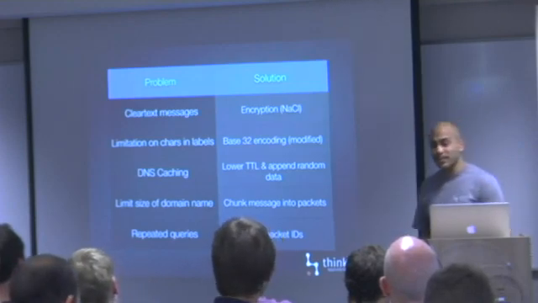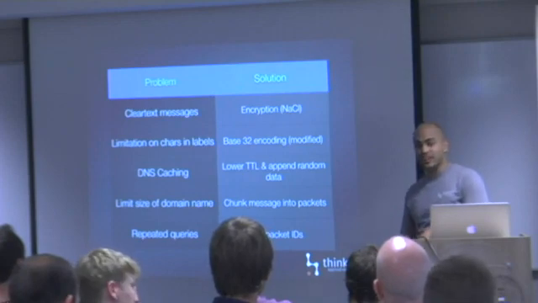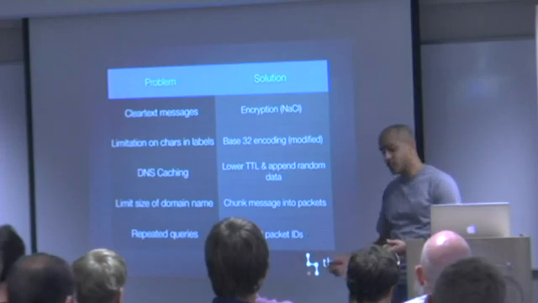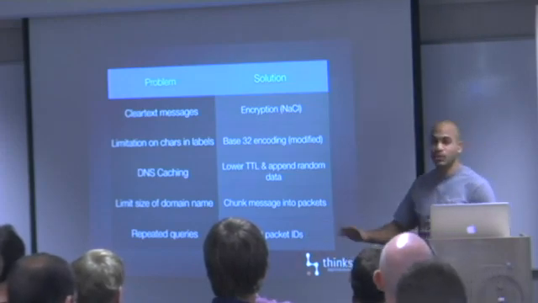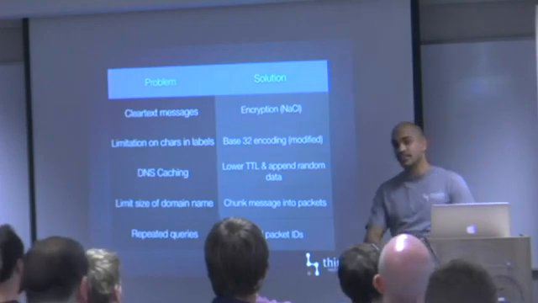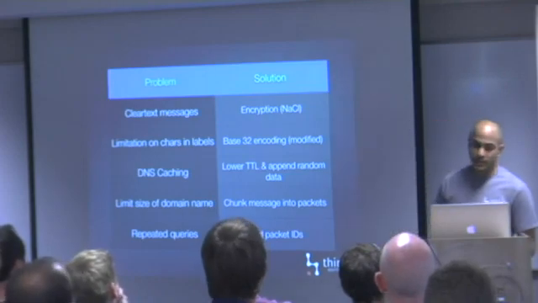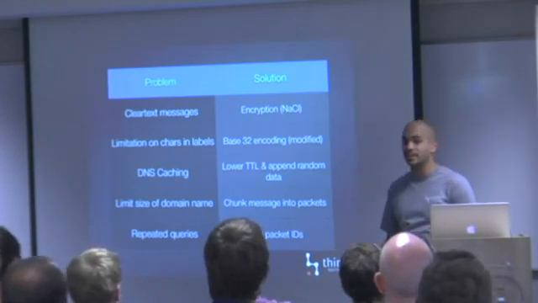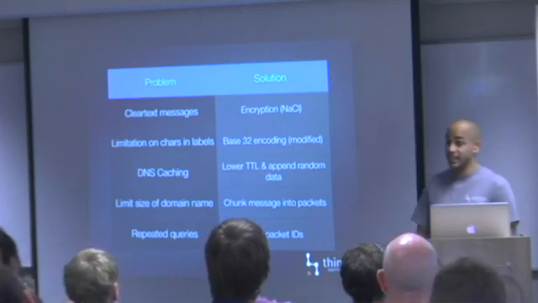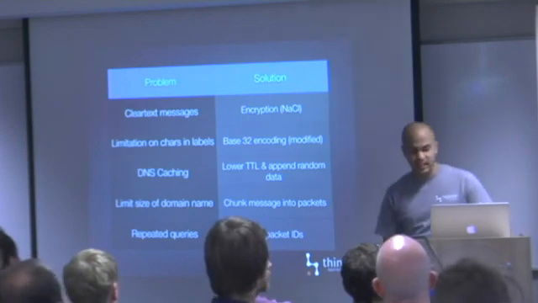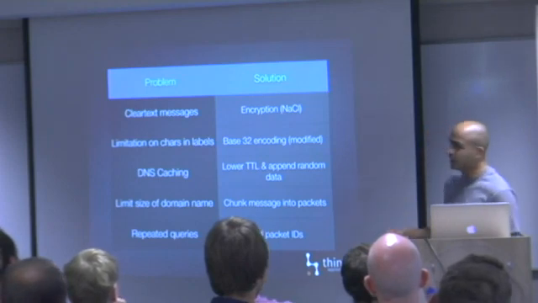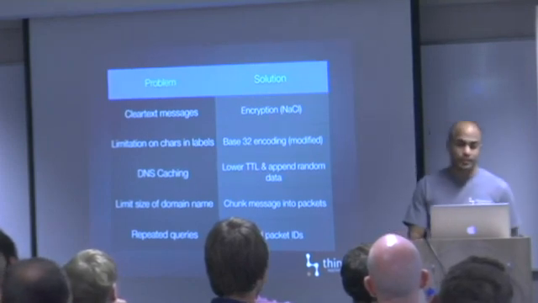The other problem that comes up is that because of DNS caching, if your canary does the same request twice, somewhere along the chain of DNS servers queried, one in the middle is going to say, oh, I've seen this query before, we don't need to check the actual name server, I'll just send you the old copy. We get around this in two ways. The main thing is you append random data, so there's a very, very slim chance you'll ever send the same DNS query again, even if you're sending the exact same message. Just to be on the safe side, you could also lower the TTL on the DNS record so that they won't cache it for very long.